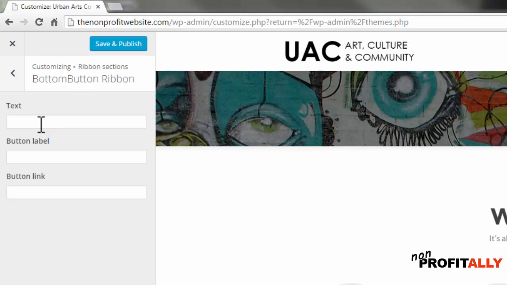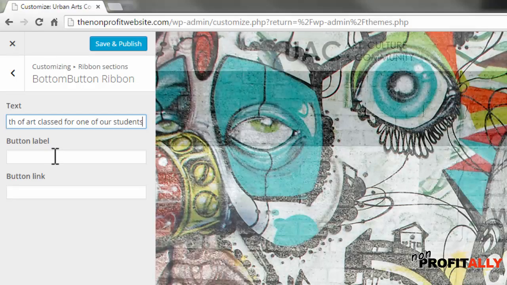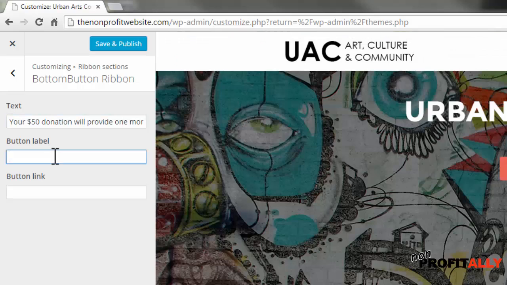So for the text, we're going to create a section where it says something about how donating affects the services we provide or how it helps people. And then we're going to have a call to action button for people to donate. So I'm going to paste in some text here that I have for donating to this nonprofit. And then the label on the button is going to say donate